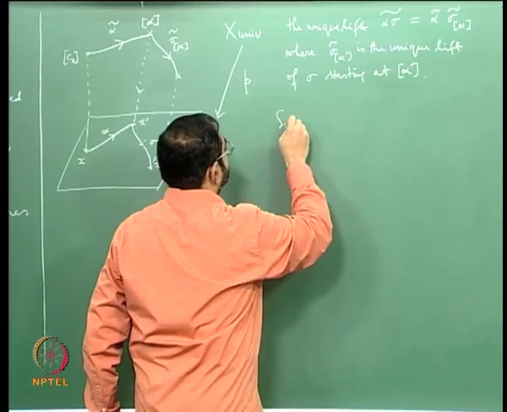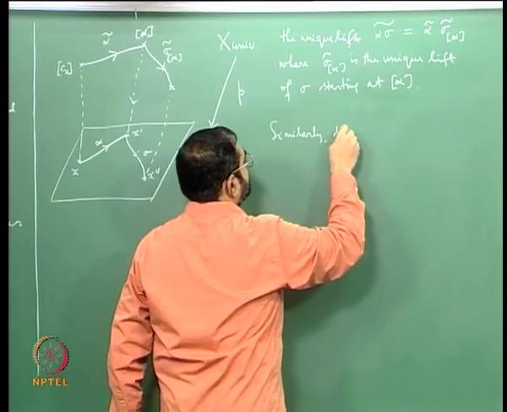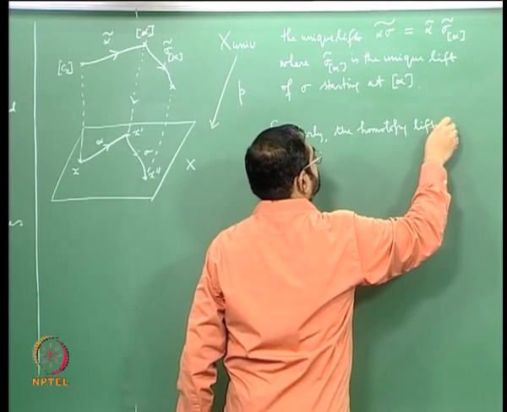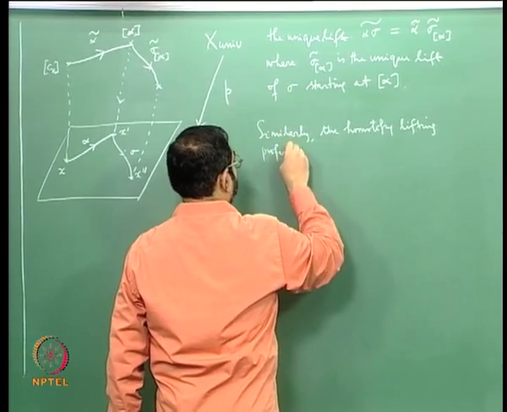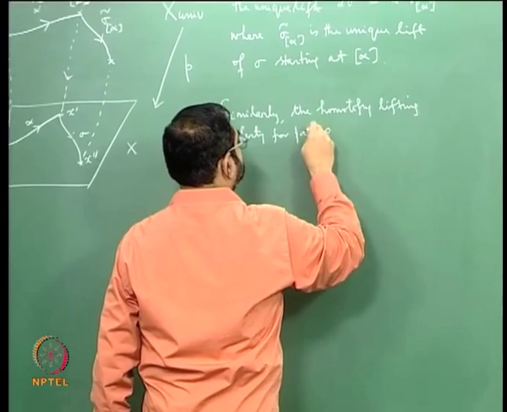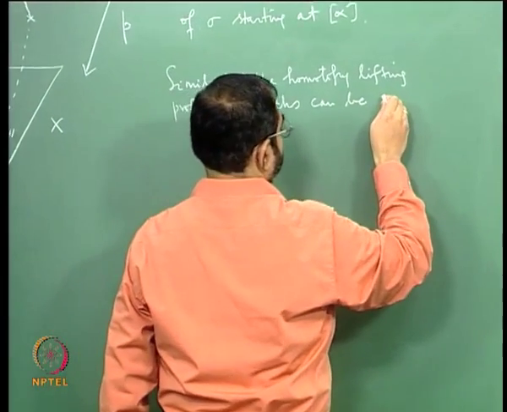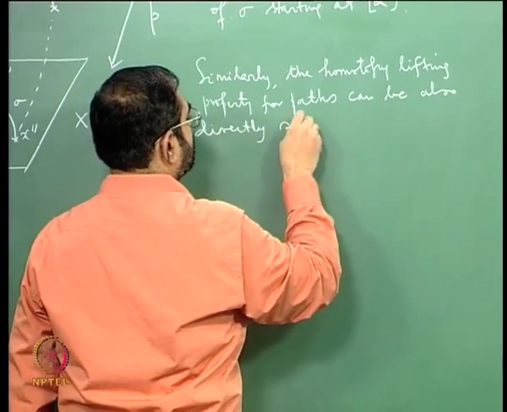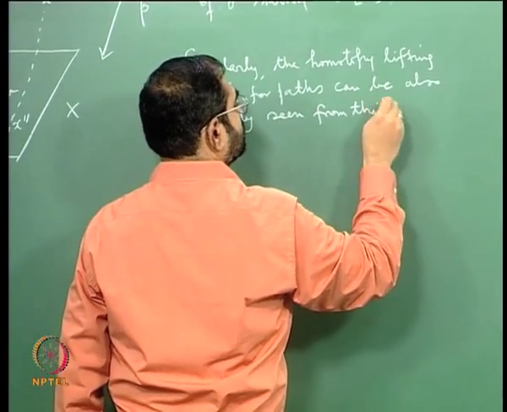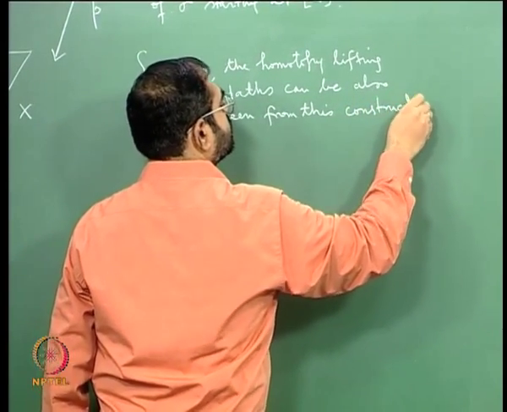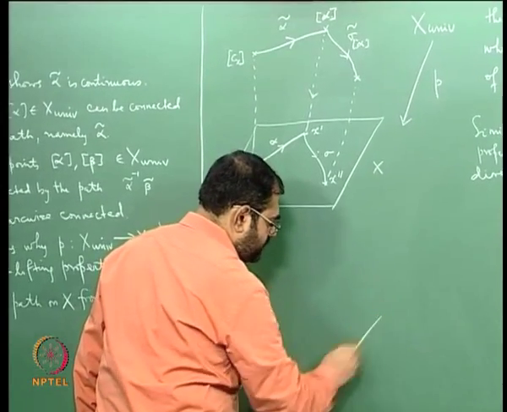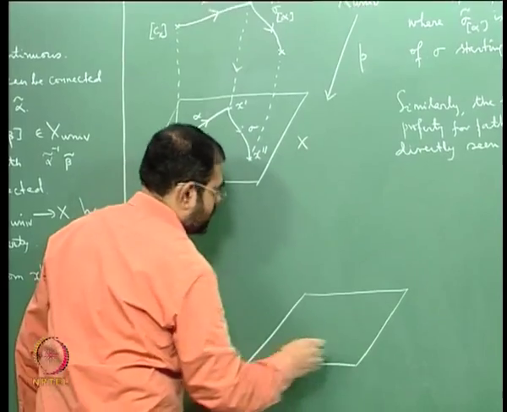Similarly, let me write that. Similarly, the homotopy lifting property for paths can be also directly seen from this construction. That's also something that I can quickly explain for you. So basically if I have x here,